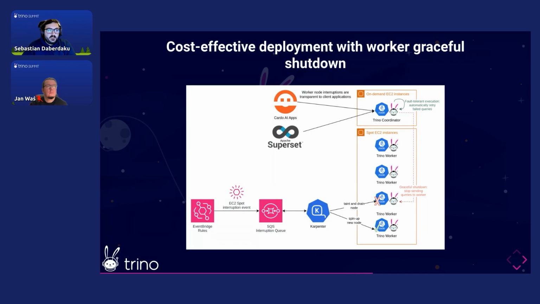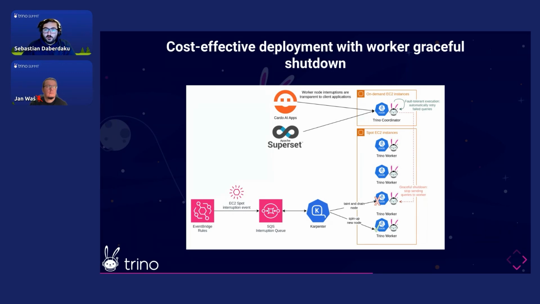Now, what happens is that when a spot instance is about to be terminated by AWS, AWS actually tells us this two minutes beforehand. And this event is captured by an EventBridge rule and sent to an SQS queue, which Karpenter continuously pulls events from. And so Karpenter knows two minutes before a node is going down that this is going to happen, and so has the time to taint and drain the node and spin up a replacement one. By draining the node,